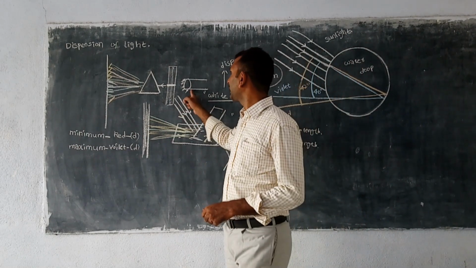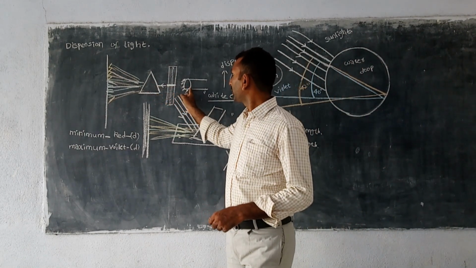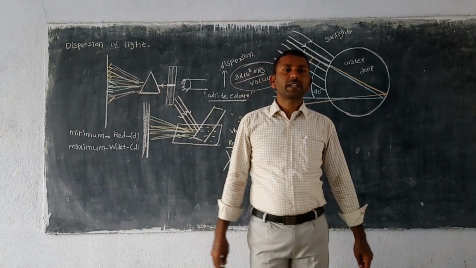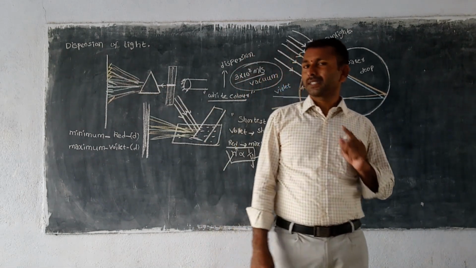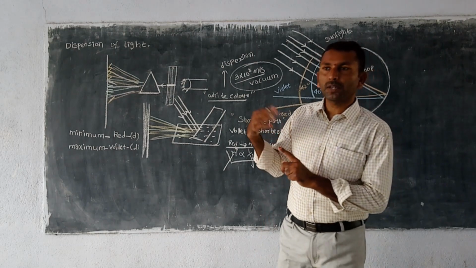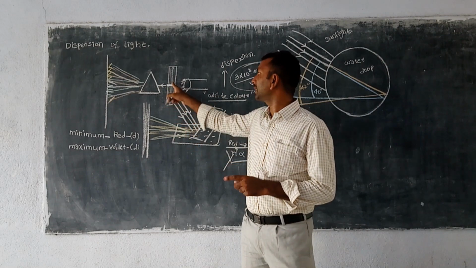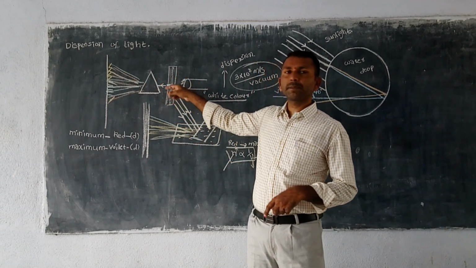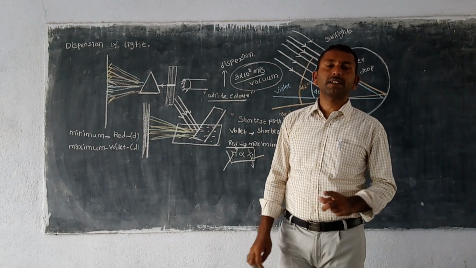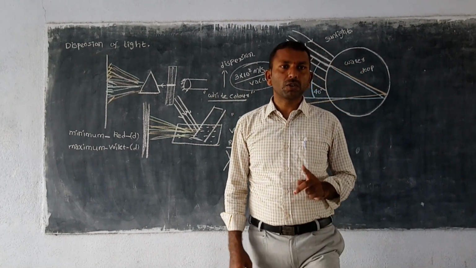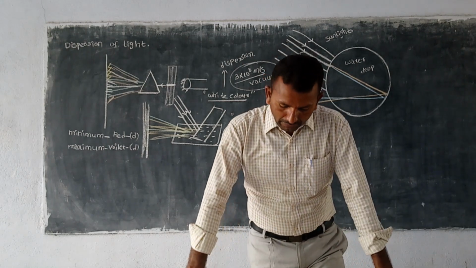So here one light ray is coming from the light source, and after being incident on the prism, it disperses into 7 colors. And one thing we have to remember here: when the light ray is coming from one medium to another medium, what is happening? Refraction. When the light ray is passing through the transparent medium, some refraction is happening there. After the refraction, the light ray also retains its original color.